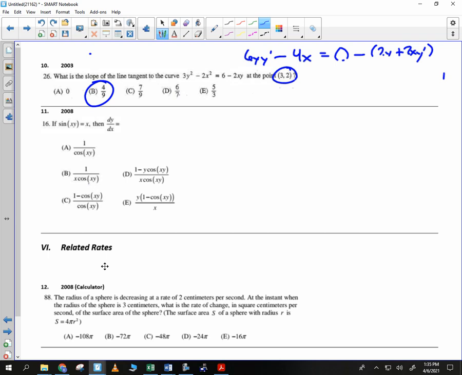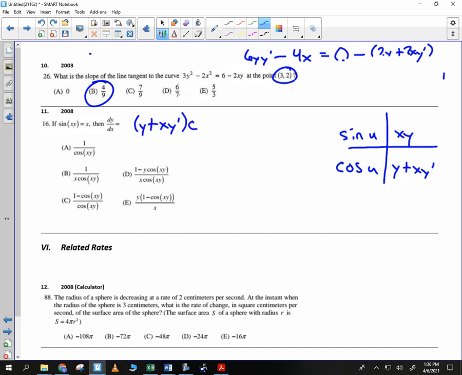This one's a little bit more gettable. This is one you want to see on the test. You want to say, yes, I know I can do this one. We are going to set up with, as Blake said earlier, the chain rule. He was just a step ahead of us. Good job, Blake. Sine of u, and u is xy. The derivative of sine is cosine of u, and the derivative of xy is 1y plus xy prime. So therefore, the derivative of sine of xy is y plus xy prime times the cosine of xy is equal